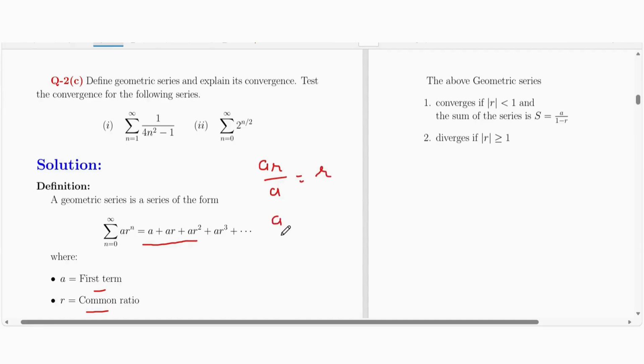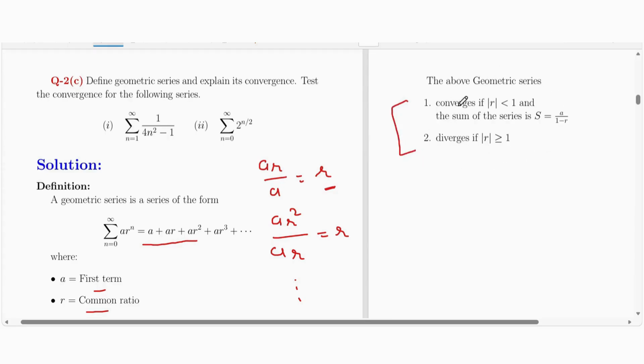Now third term ar square is again divided by the previous term, ar, so again we get r, and so on. So if each term is divided by the previous term, we get r. This is known as the common ratio. If we have knowledge of r, on that basis we can find the convergence and divergence of the